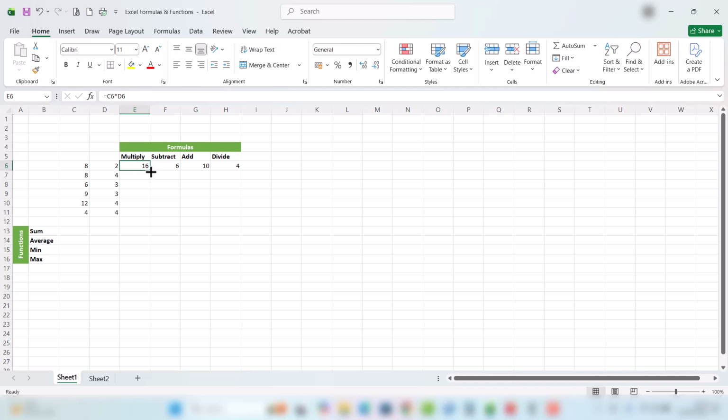Hover your mouse over it until it turns into a small black cross. Now you click and hold, and you can drag for the rest of the cells or for the rest of the figures, and there you have it. We have 8 multiplied by 4 gives you 32. We have 9 multiplied by 3 gives you 27. So we have 12 multiplied by 4 gives you 48. So that's how easy it is for you to replicate or copy formulas down to the rest